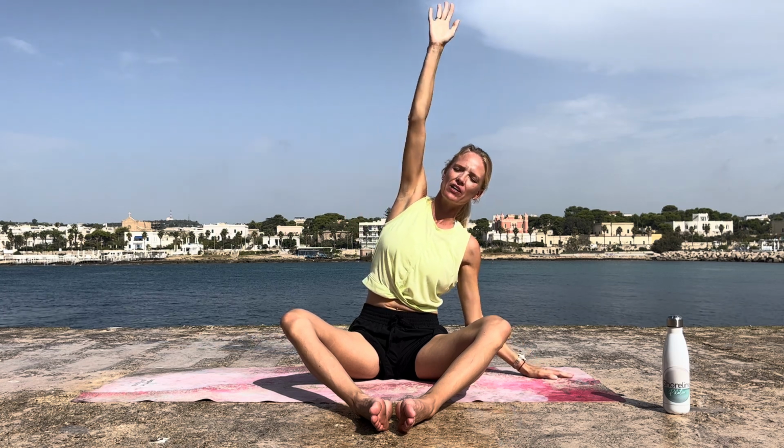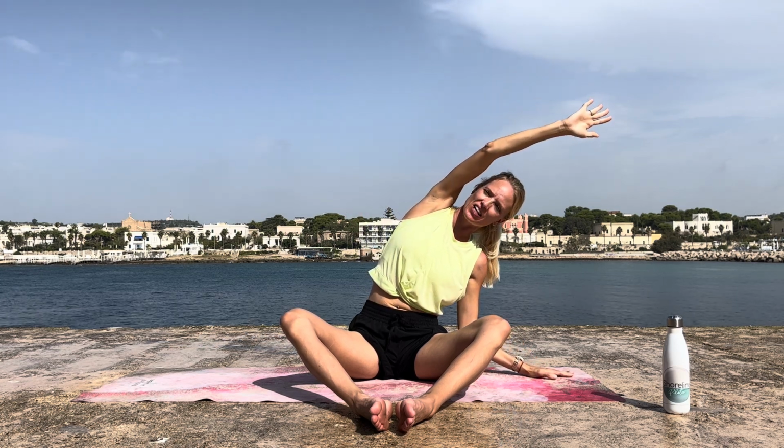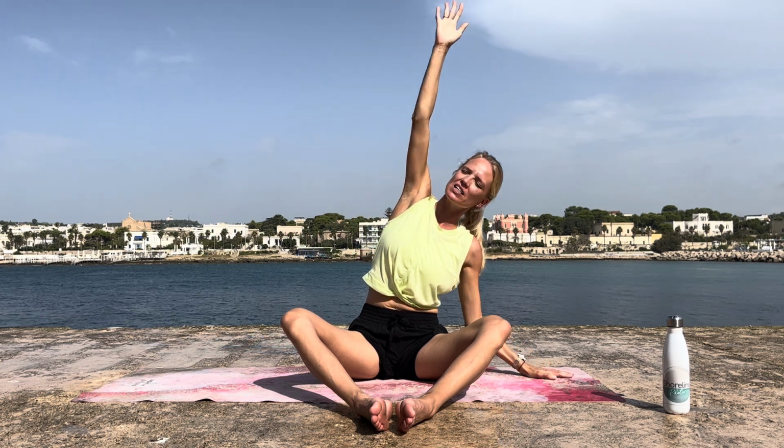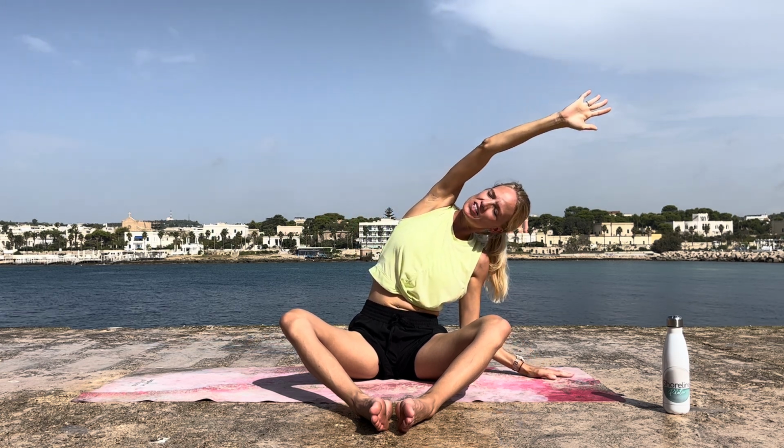Now take the other arm up, and then we lift up and over to the side. Lovely side reach here. Restack, float the arm down. Onto the other side, up, over, take the weight onto that supporting arm, restack, and down. So we bring the arm up, reach up and over, little tilt of the head, over to the side, restack,